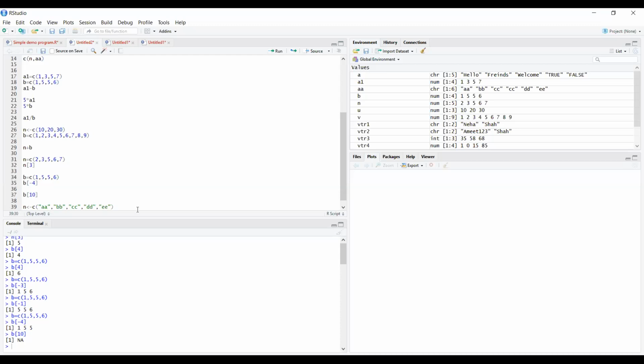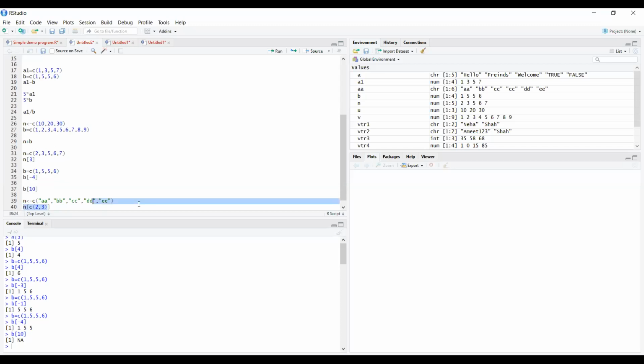Then, if you want to run this, n in square brackets, c in parentheses, and you want the second and third positions. It will give you the values of the second and third positions of the vector. Enter.